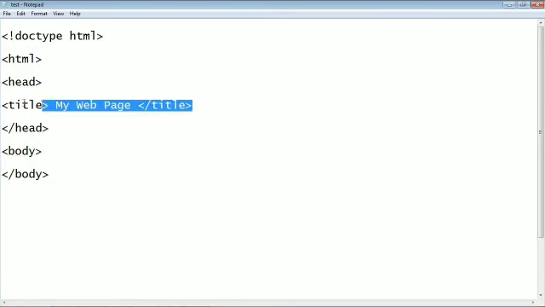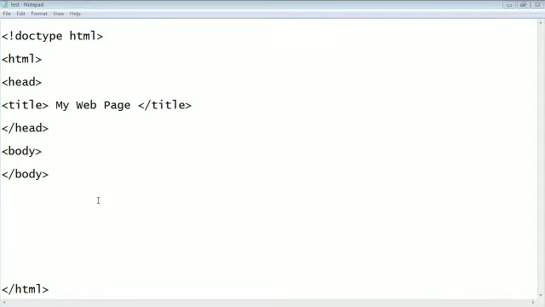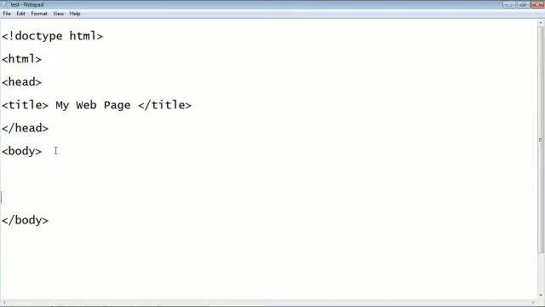Whatever type of content you want to see as output on your web page, you will write down in your body tag. It defines the main element of the web page that is displayed on the screen. The entire body content is placed between the body and slash body tag. The content of the body tag is enclosed in other tags to show different features, as well as to format the content.